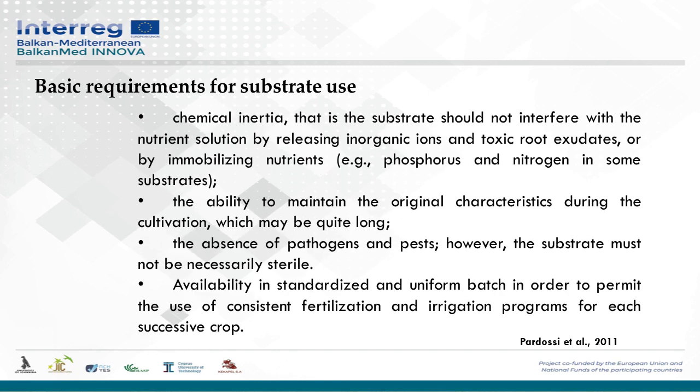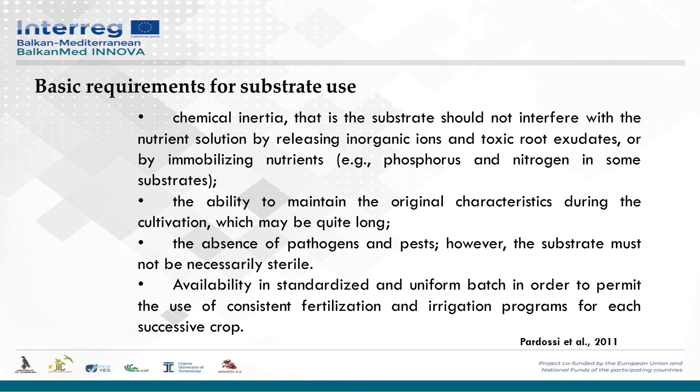Also, the substrate must be chemically inert, and it means that it should not interfere with the nutrient solution by releasing inorganic ions and toxic exudates, or by immobilizing the nutrients like phosphorus and nitrogen, as it happens in some organic substrates. We explained this before. In addition, the substrate must have the ability to maintain the original characteristics during the cultivation,